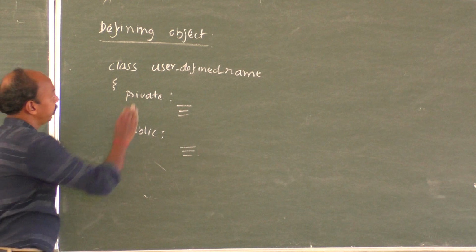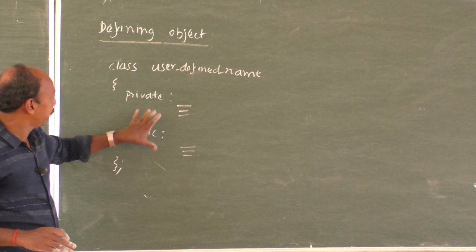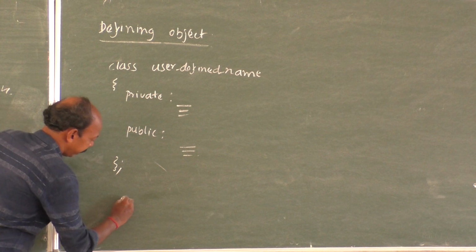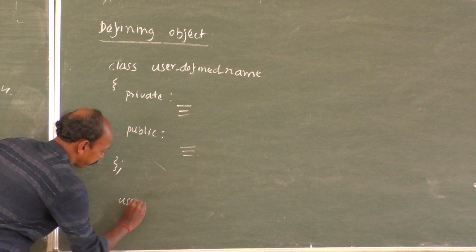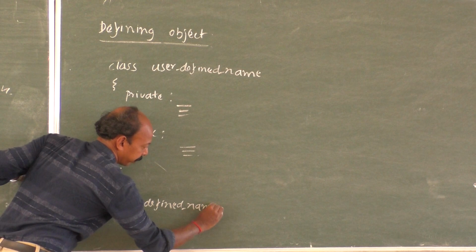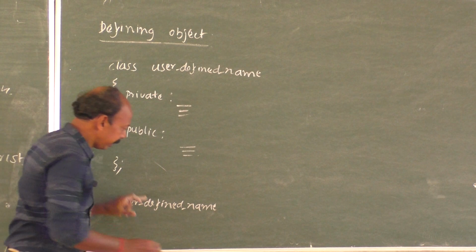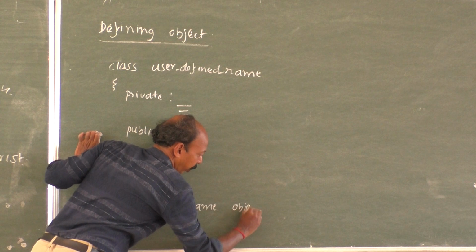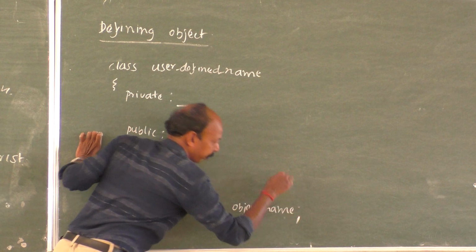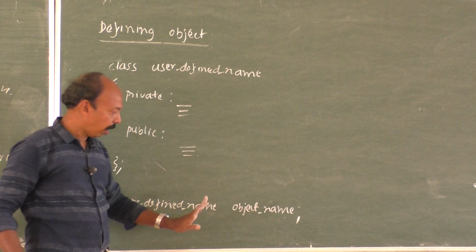Then how to define the object, that is the main purpose. Without declaring the class here or defining the class here, we can't declare the object for the class. Then inside the void main we will write user defined name, that is the class name itself, the same name we need to write. Then the object name. If you are going to declare only one object, we will write it as object name,